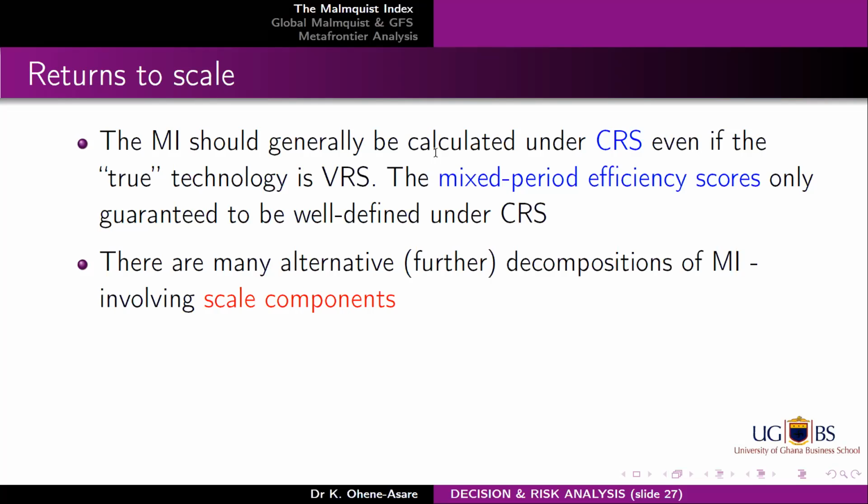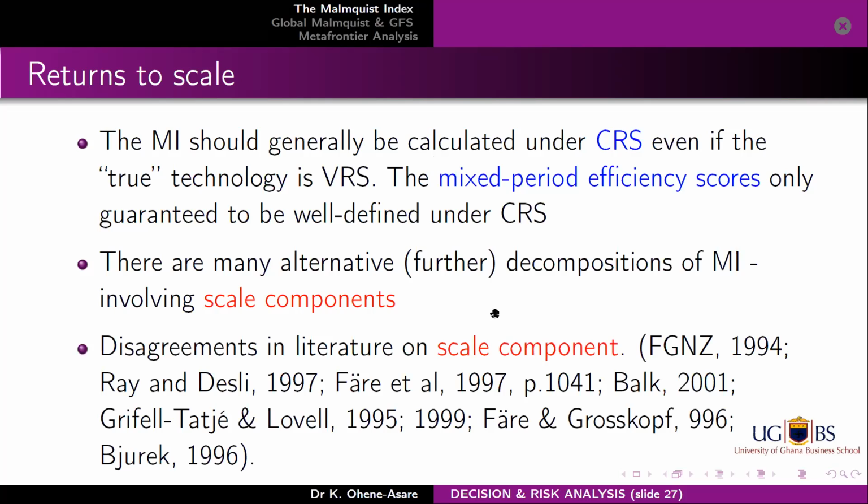This is the point. There is a problem of infeasibility. Take note of that. There is a problem of linear programming infeasibility when you estimate the cross-period efficiency scores under VRS. Note that point down, bold, underlined. There is a problem of linear programming infeasibility. Infeasibility means that some of the scores will not be obtained. They are unattainable. So sometimes the software will tell you NA, not available,